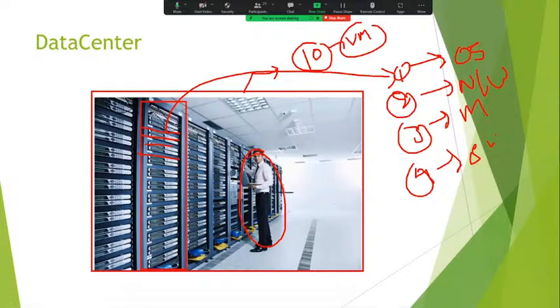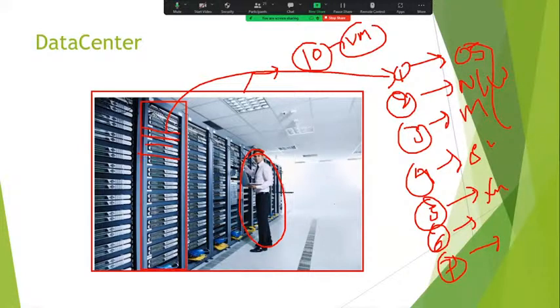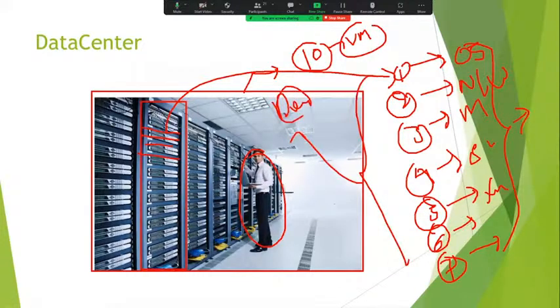Sixth step, we will enable network security rules, virtual network rules, etc. Finally, we will verify whether all these servers are built based on the checklist or not. Once these servers are built, finally they are handed over to the development team or project team, whatever we call it.